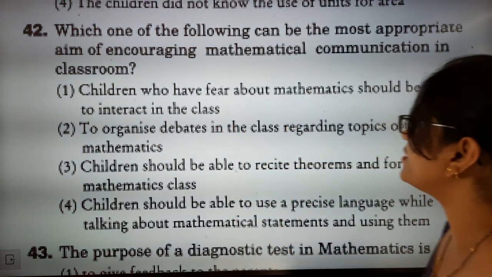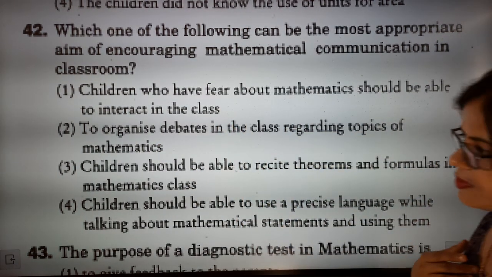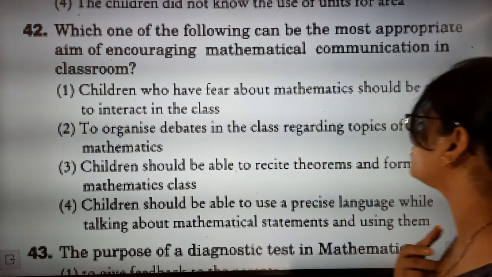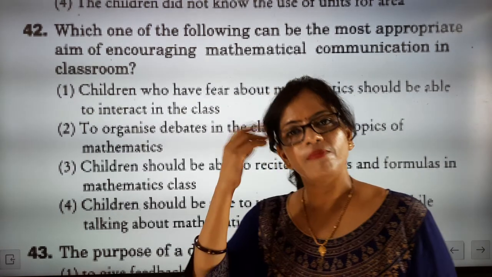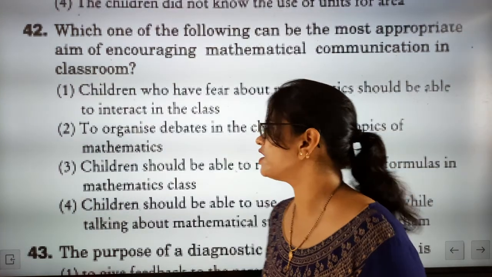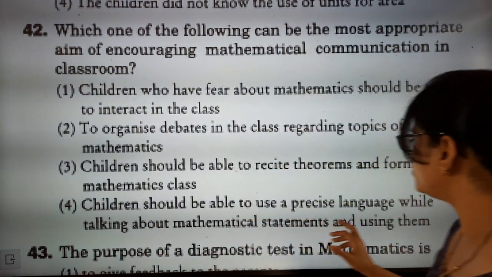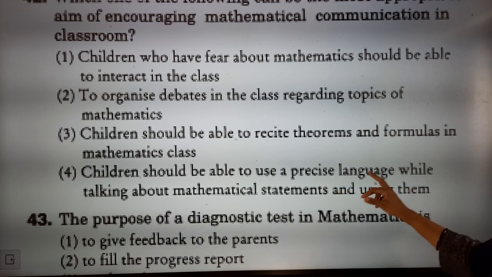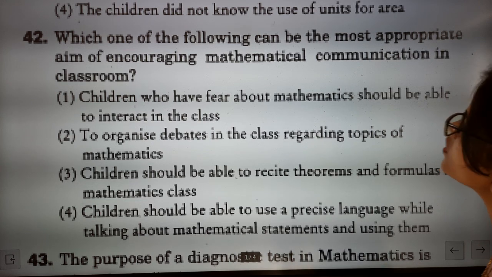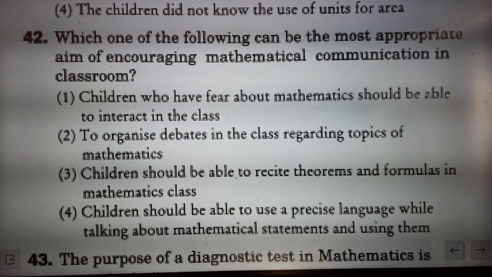To organize debate in the class regarding topics of mathematics. Children should be able to recite theorems and formulas only, letting them memorize the formulas will help. Now, children should be able to use a precise language while talking about mathematical statements and using them. Which one of the following can be the most appropriate aim of encouraging mathematical communication